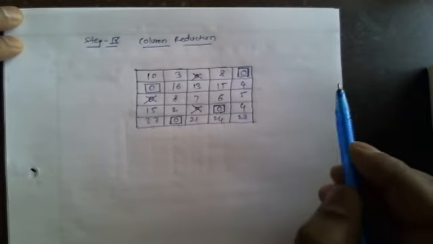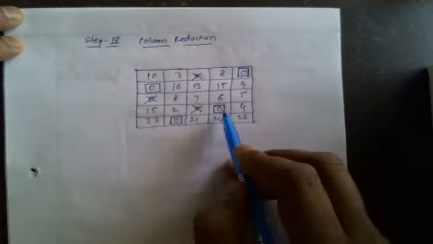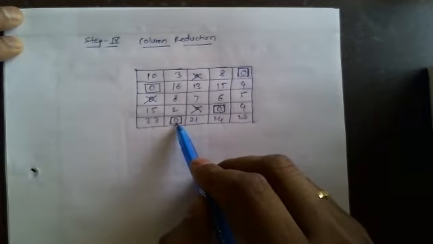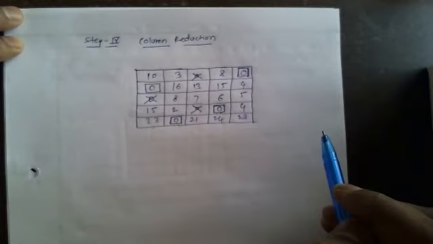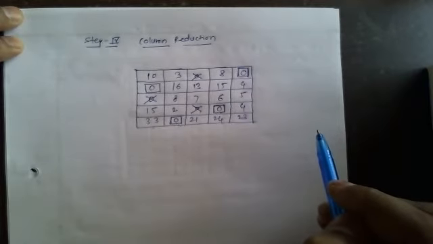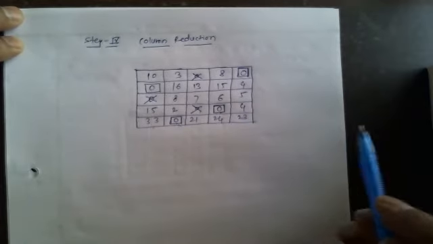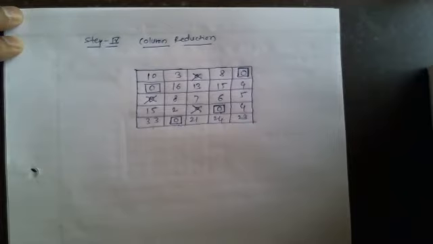So here number of allocations are 4, that is 1, 2, 3, 4. So the number of allocations are not equal to number of rows and number of columns. Okay, then what we have to do? We have to proceed further because this is not our final solution. When we'll get the final solution? When the number of allocations must be equal to number of rows and number of columns. Then and then we can say that we reached our solution.